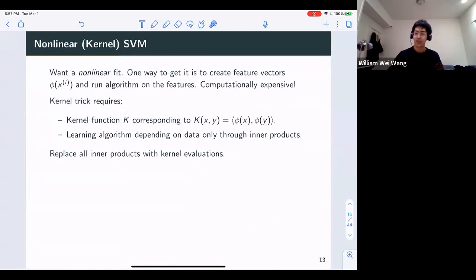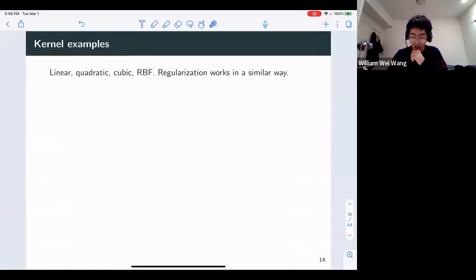Okay, in the interest of time, I will go quickly through the last stuff in linear classification. For nonlinear classification, you can do nonlinear things. The fun thing you can do is called the kernel trick, but I won't really talk about that. Basically, kernels are things you can use to get nonlinear fits. You can study it more from the class materials, but you have different examples of kernels.